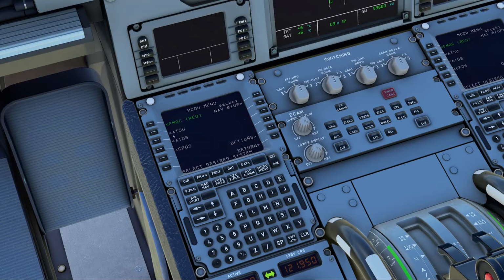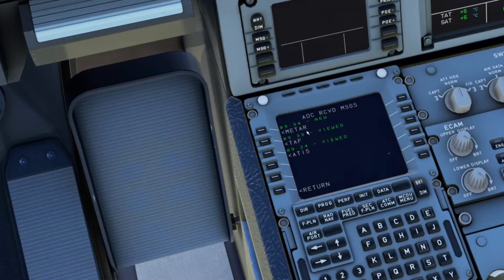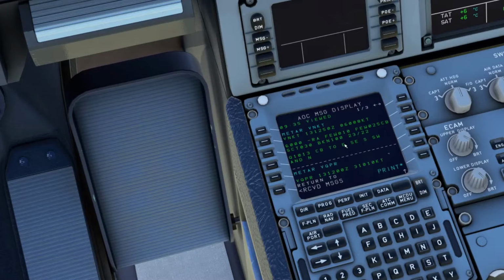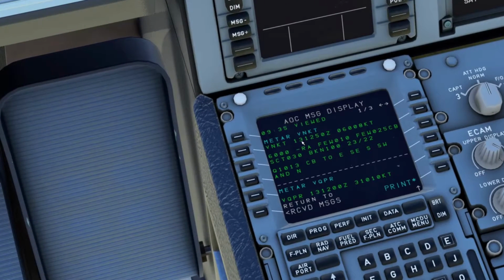I want to go back to the MCDU menu and get our weather report. No, sorry. It's back to received messages. Okay, new ATIS METAR. There you go. Right, that's better. Okay, so the 13th, 12:50, 060 at 8 knots, visibility 6,000 meters.